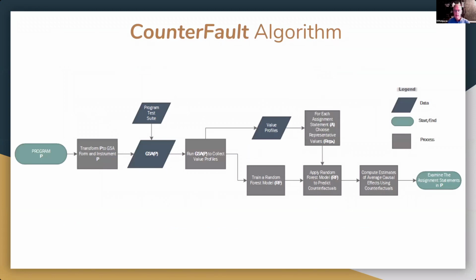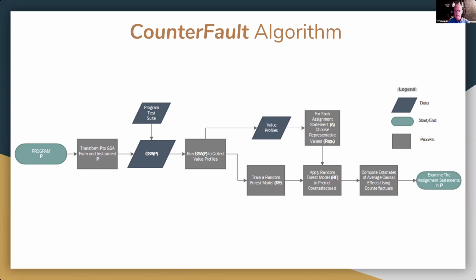This figure depicts the steps in the CounterFault algorithm. First, the program P is transformed into GSA form and instrumented to record value profiles and other information. The transformed program is then run on a set of inputs to collect value profiles. They're used together with pass-fail execution outcomes to train a random forest model for each assignment statement.